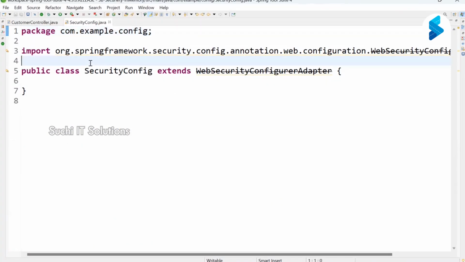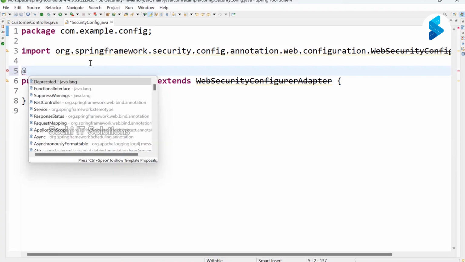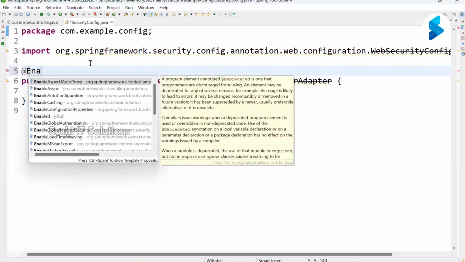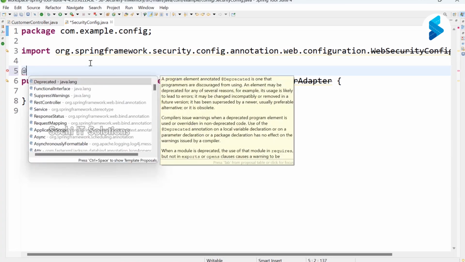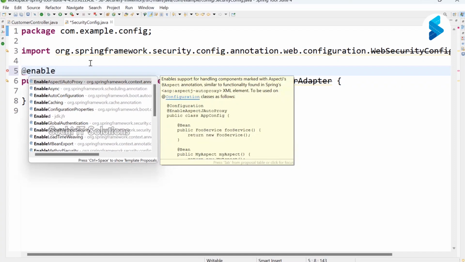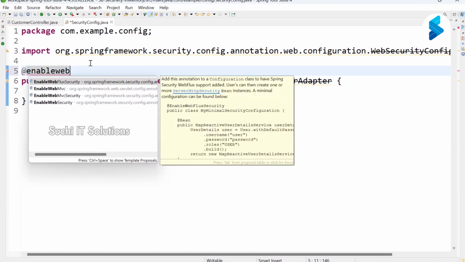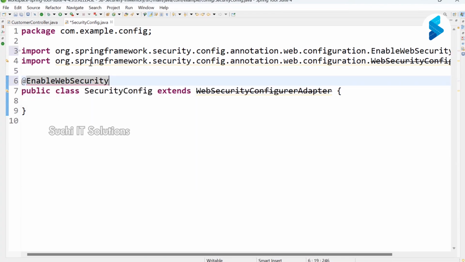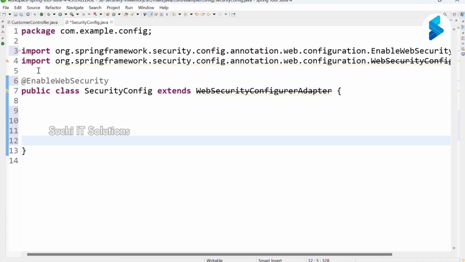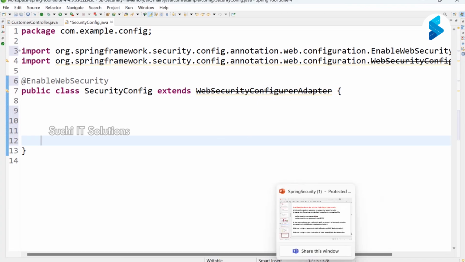So the @EnableWebSecurity annotation, guys, like this. Got it? So we are performing secure operation like this. Are you understanding, madam, please? Guys, are you getting my point?